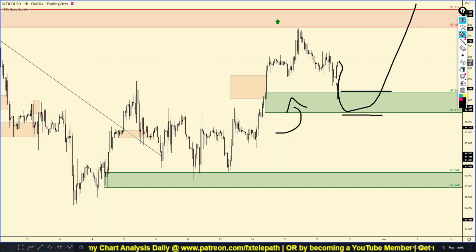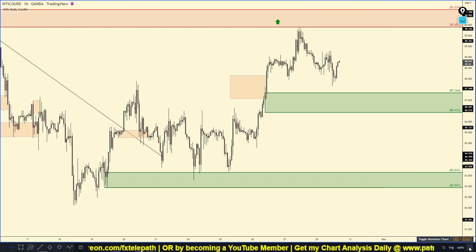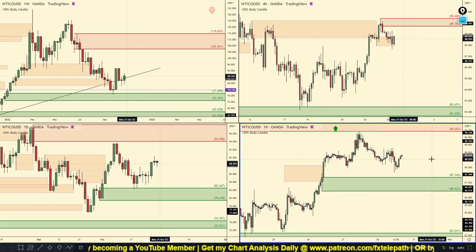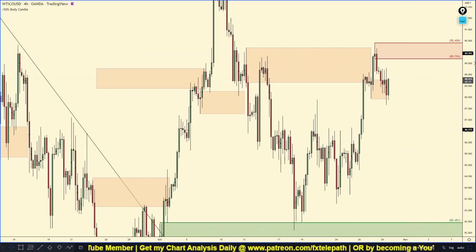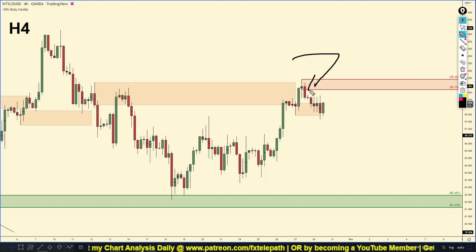So if you like to day trade, there's this 1-hour demand zone. You could look for a 5-minute or a 1-minute trade coming off of that demand zone on the long side. I don't recommend shorting oil right now at all by any means, based on my macro and multiple time frame analysis. So that is one option. Wait for that 1-hour demand to be hit, and then look for a confirmation trade on a 5-minute or 1-minute chart. The next option is to wait for this 4-hour supply to be removed, and if we're left with 4-hour demand,